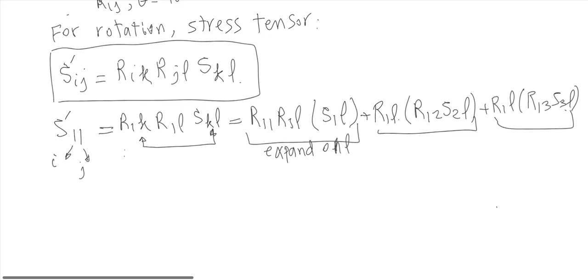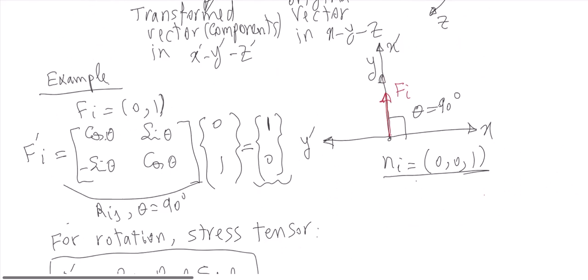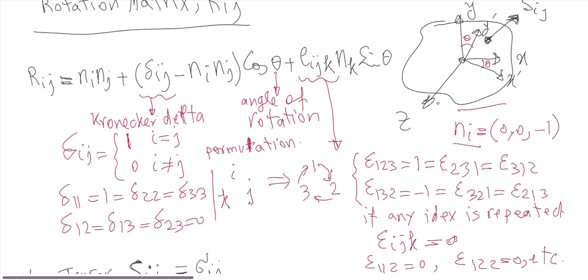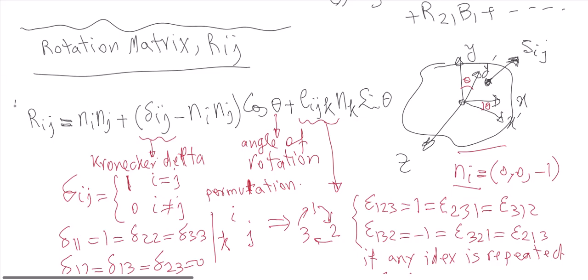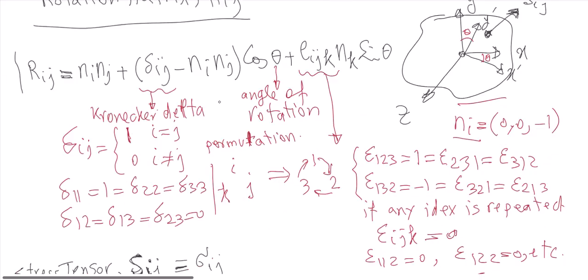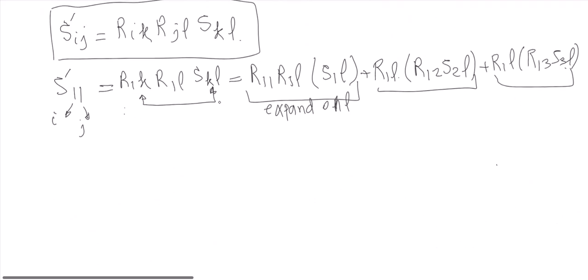And then for each term you will get a product of several R, and R comes from the rotation matrix, as I mentioned here. And then you substitute, and then you get S11. Similarly,